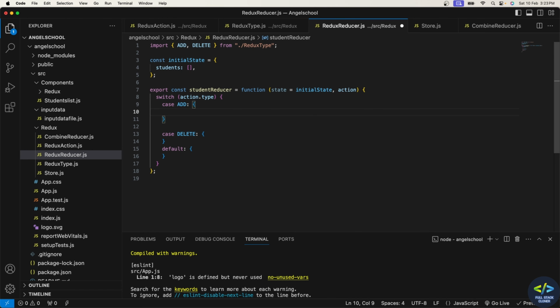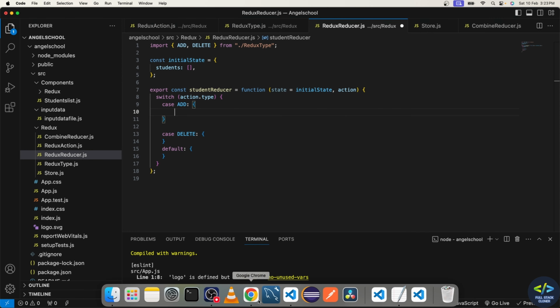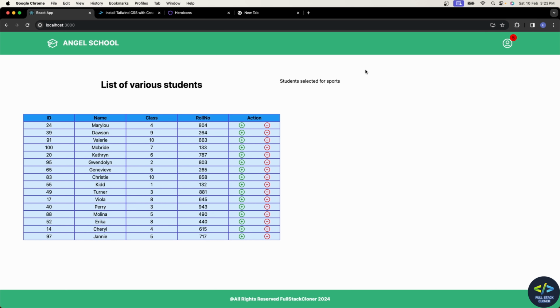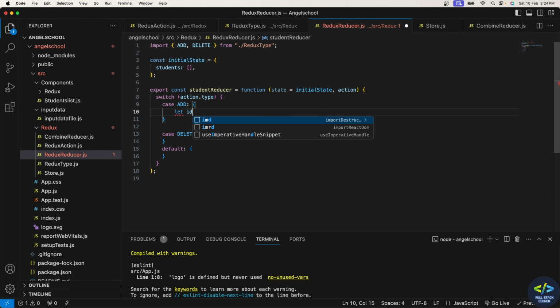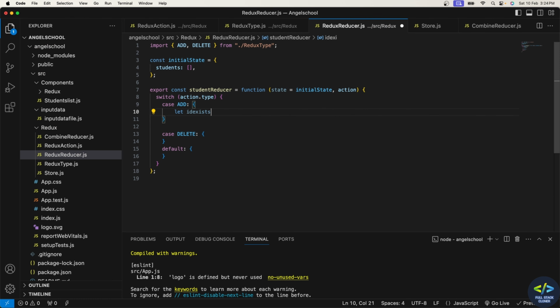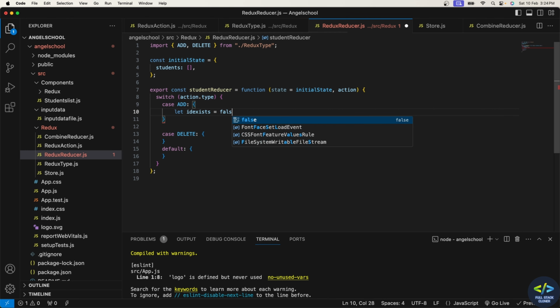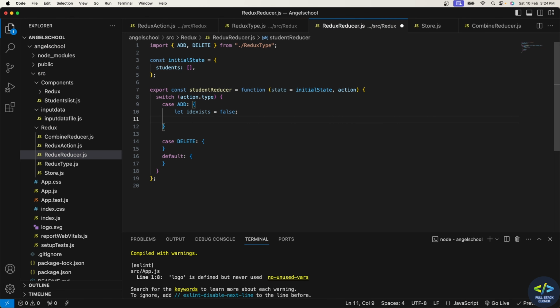The first one is for addition. So here basically if we click on a student, it has to be added to the student list. If we click on the object again, it should not add again. Duplication should not be there. So if I'm clicking for the first time, it has to add. If I click the second time, it should not add. So for that condition,